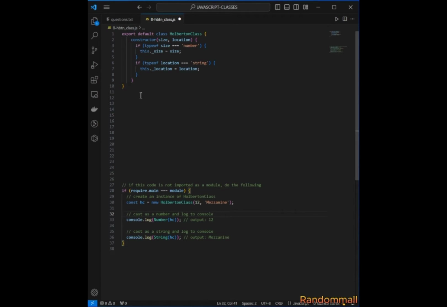So to be able to modify what is returned when the class is typecast into a primitive type. A primitive type can be anything like string, number, big int, boolean, symbol, or undefined. But for this task, we are interested in number and string, because if you can see right here,